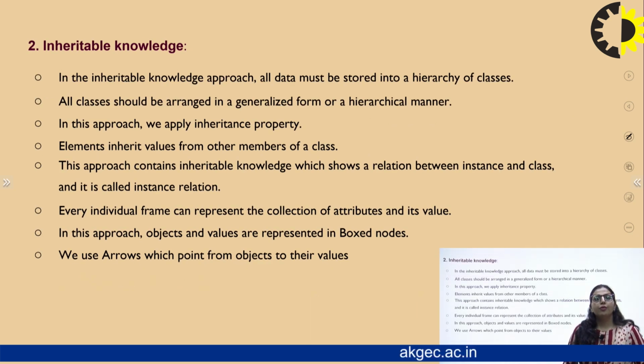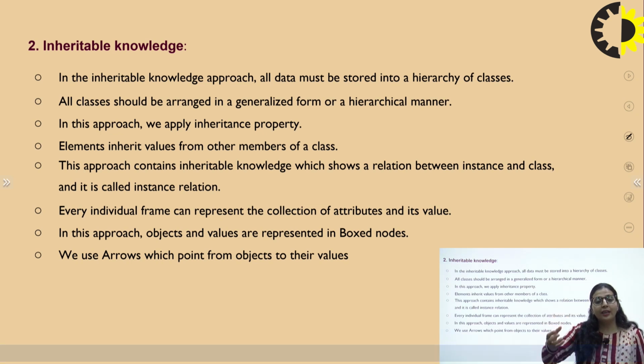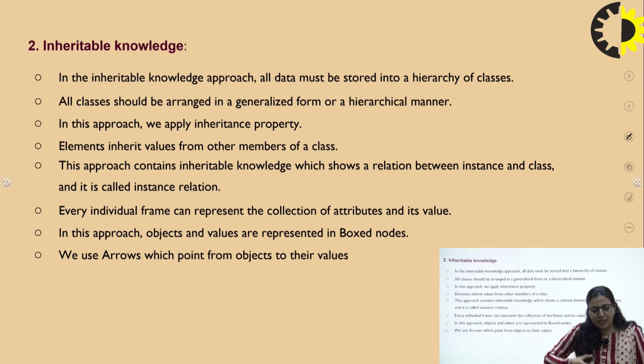So another approach of knowledge representation is inheritable knowledge. As the words suggest, inheritable knowledge means knowledge that can be inherited. The object to which we have given knowledge in the knowledge base has sufficient knowledge. We want that, using that knowledge, it can develop some more knowledge, using the knowledge that has already been stored in the knowledge base. This kind of knowledge is known as inheritable knowledge.